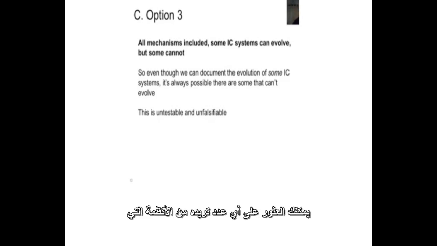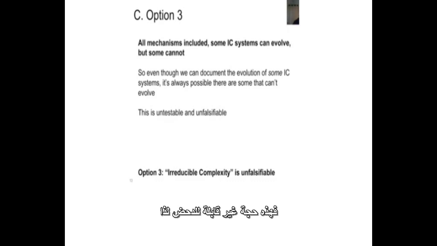You can find as many systems as you want that have irreducible complexity, and you can witness their evolution, and it will never remove the possibility from consideration that somewhere out there there's an IC system that cannot evolve. So this is an unfalsifiable argument. Under this version, under this way of making the argument, irreducible complexity is unfalsifiable, and therefore it's unscientific, and we can discard it. It's not a serious idea. So to summarize,